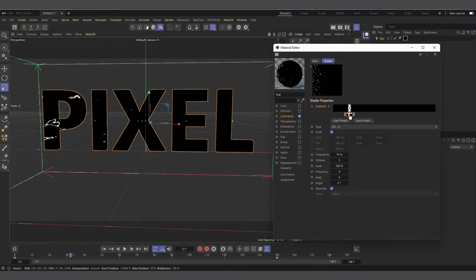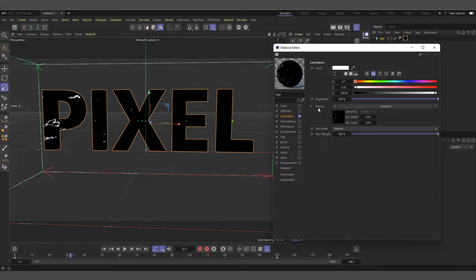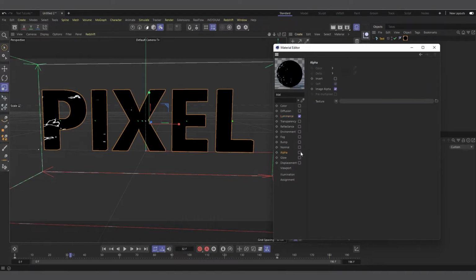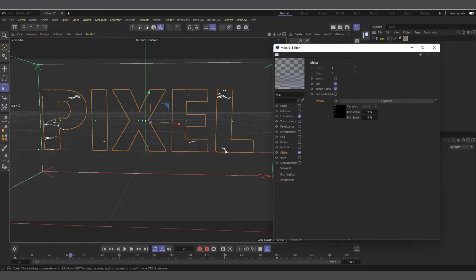but we would not need all the 3 knots. So how do we do that? So I'll actually come in the gradient, right click on the, in fact let me come into the luminance, right click on the texture, and I'll say copy. So I'll copy the whole thing, the gradient here, and I'll come into the alpha. I'll make sure alpha is checked, and I'll right click and I'll say paste texture, and you can see now